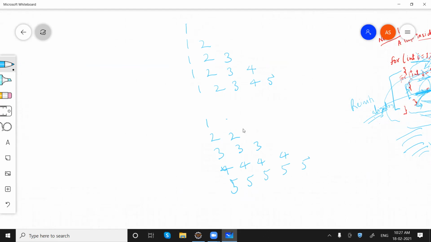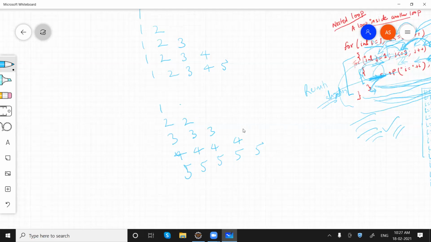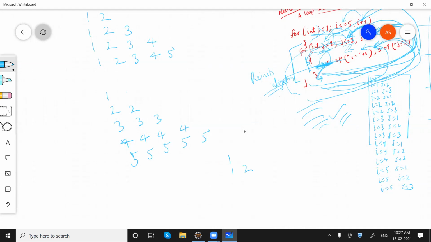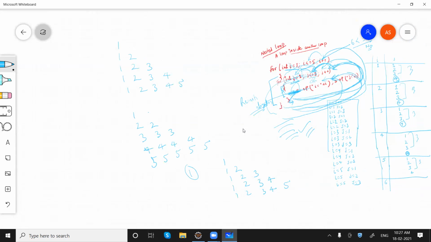Something like this. Okay. And one more: 1, 1 2, 1 2 3, 1 2 3 4, 1 2 3 4 5. So you have to build these programs, and this nested loop can help you, or you can use whatever you want, right?